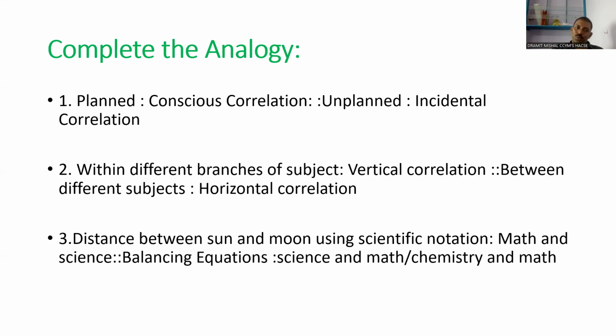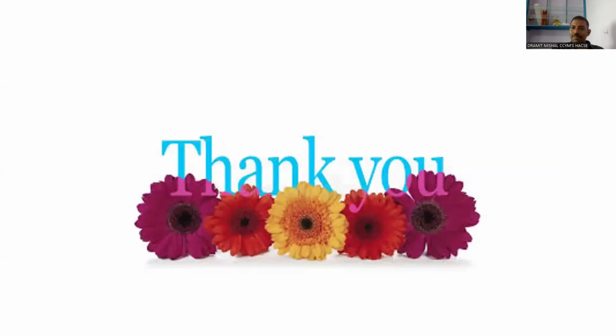Here are the ready-made answers, just to see whether you are on track. Planned correlation is nothing but conscious correlation, and unplanned is incidental correlation. Vertical correlation means correlation between different branches of a subject, and horizontal correlation is between different subjects. And for correlation between math and science, the example is the distance between sun and moon, and when you are correlating chemistry and maths, balancing equations can be there. So that's what